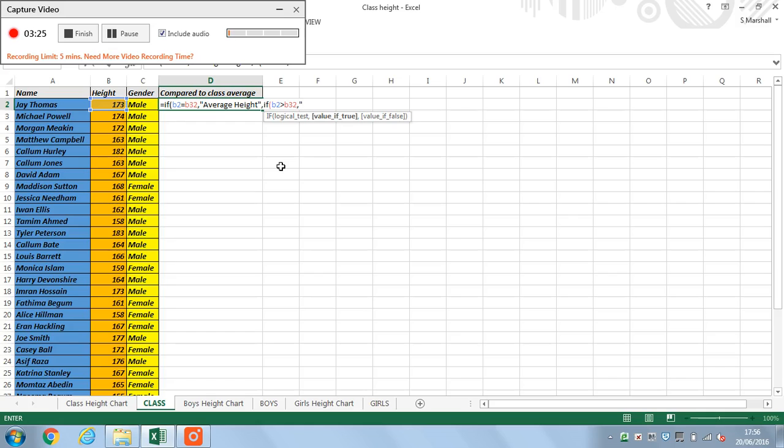And again, a third option, if B2, this time less than B32, comma, quotation marks, below average, close quotation marks. I've opened 3 sets of brackets, so I need to close 1, 2, 3, and I press